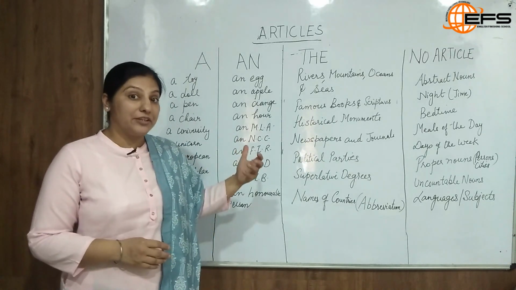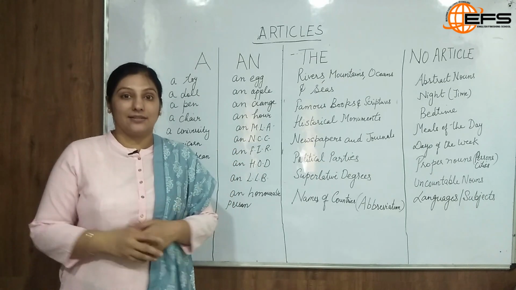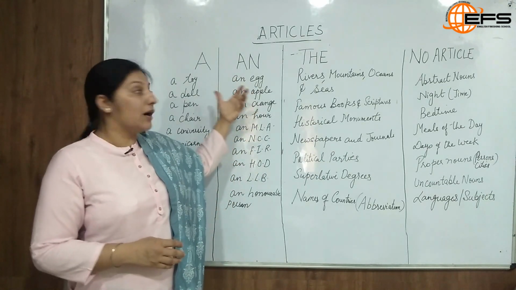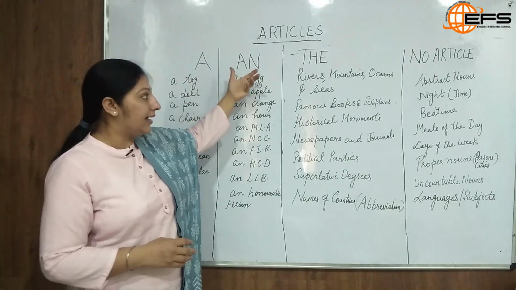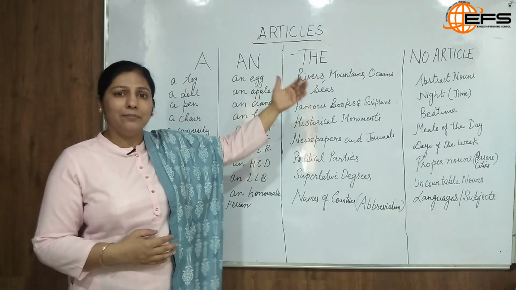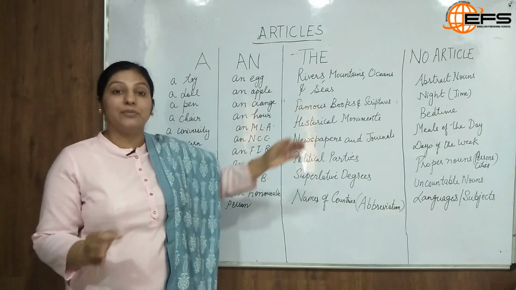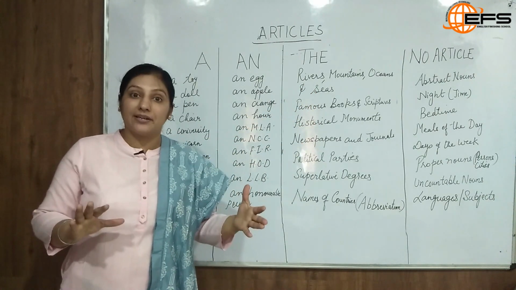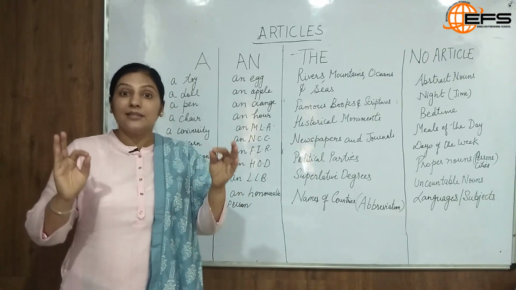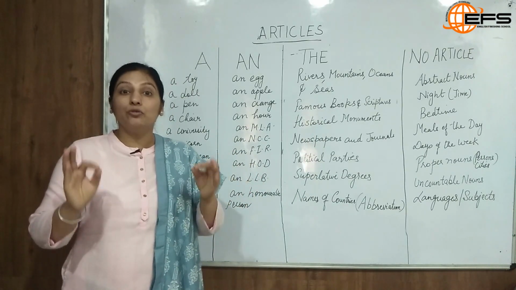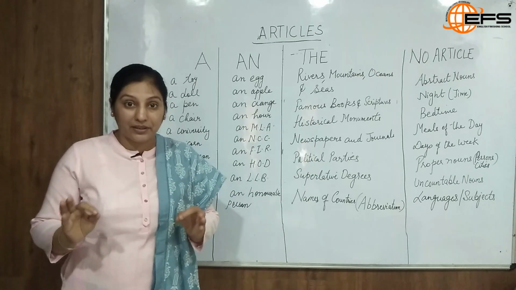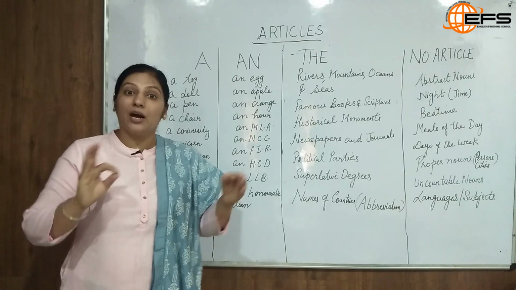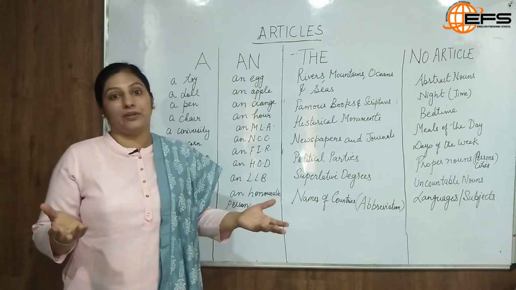So in today's video, we are going to learn about articles, the rules of articles in English grammar. So we know articles as a, an, the, and at some places we use zero article, that means nothing comes. And we all know articles as the modifiers of nouns. Articles basically denote whether a noun used in a sentence is specific or non-specific, whether we are talking about a particular person or not a particular person.